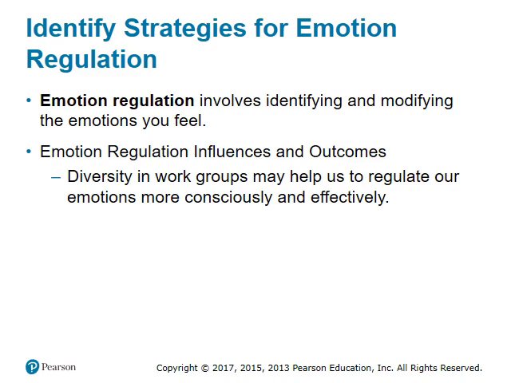In general, diversity in the work group increases the likelihood that you will regulate your emotions. Racial diversity also has an effect. If diversity is low, the minority will engage in emotional regulation, perhaps to fit in with the majority race as much as possible. If diversity is high and many different races are represented, the majority race will employ emotional regulation, perhaps to integrate themselves with the whole group. These findings suggest a beneficial outcome of diversity. It may cause us to regulate our emotions more consciously and effectively.